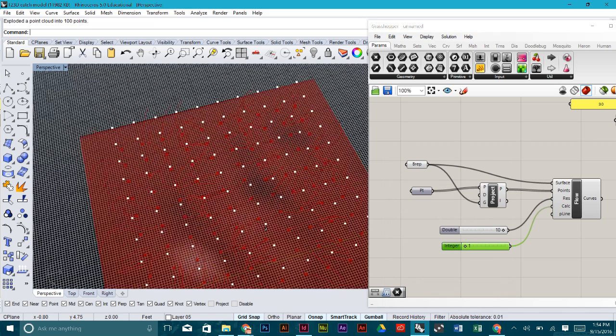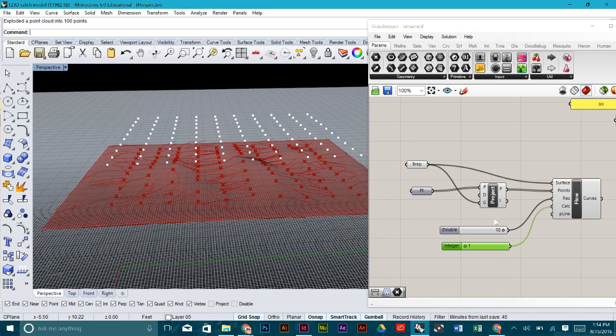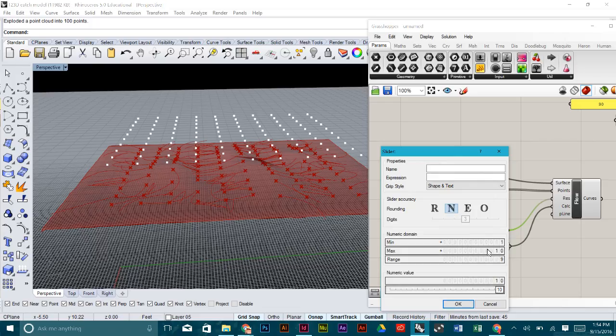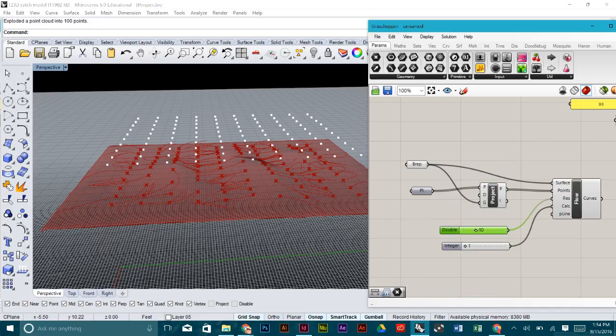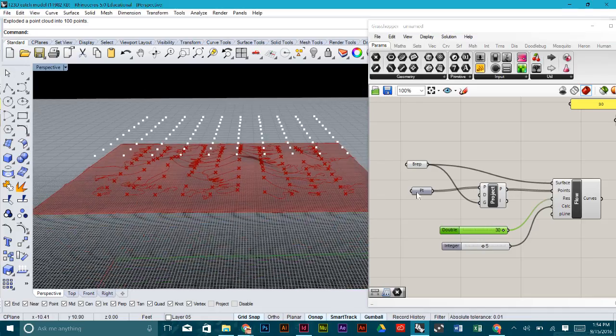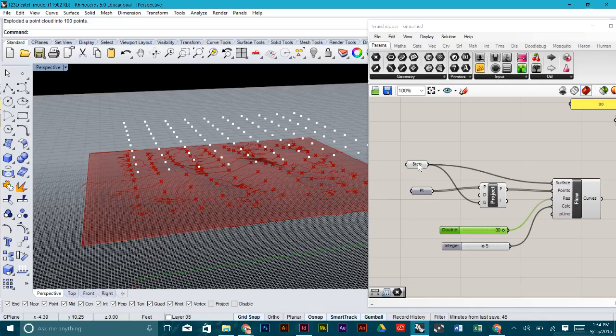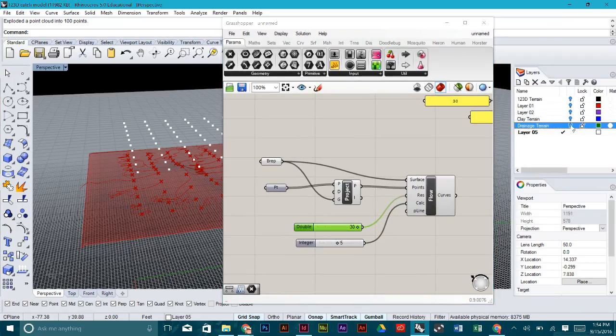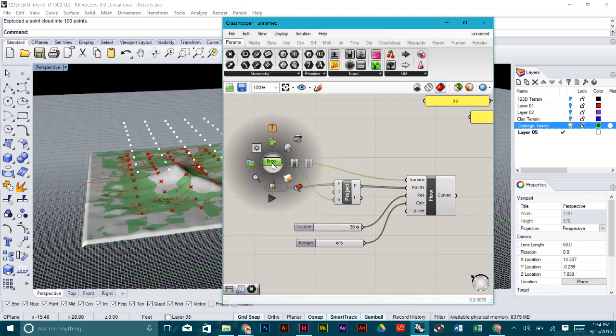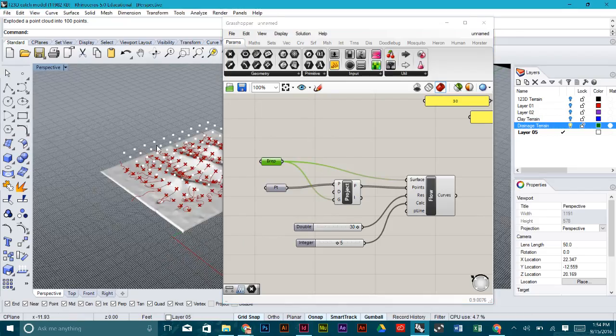Okay, so if I increase that value, it helps. So let's make this higher. So instead, we'll make our resolution higher. And there we go. So now, let's turn that layer back on. Let's actually turn this one off. So you can see how